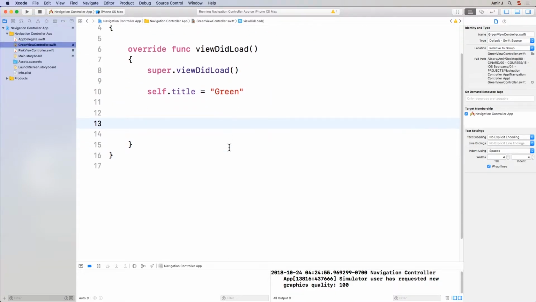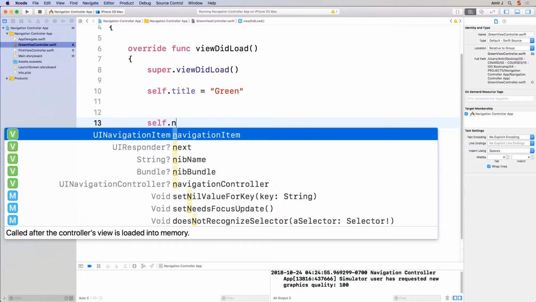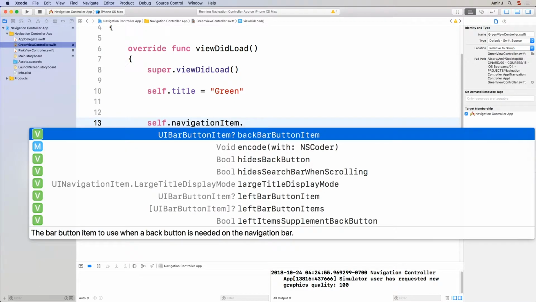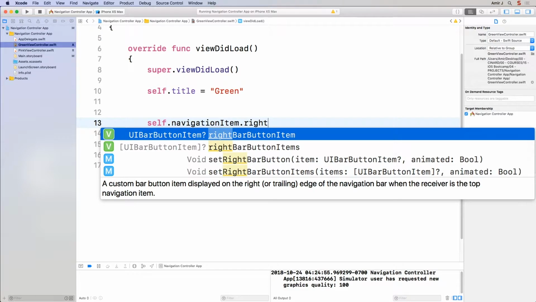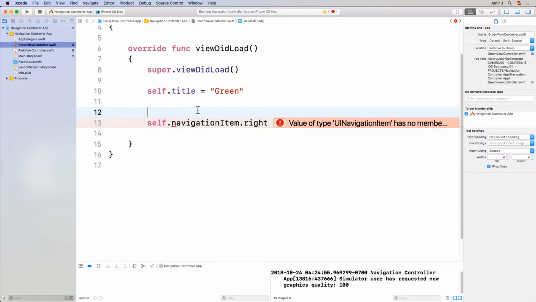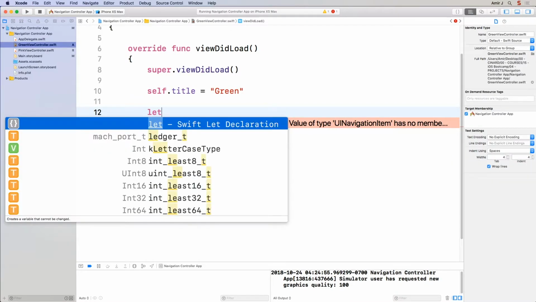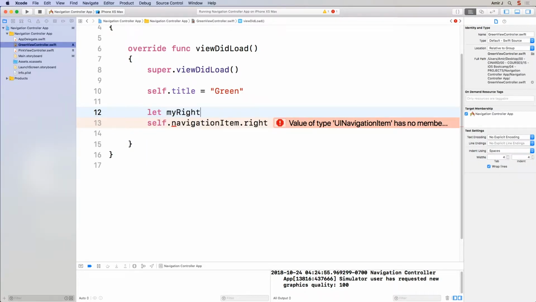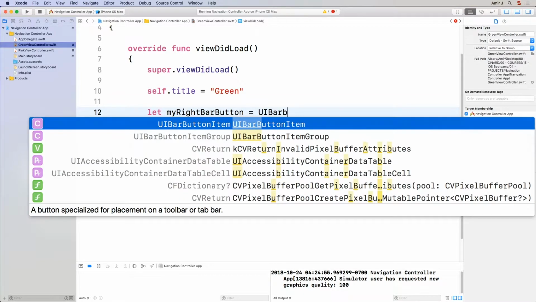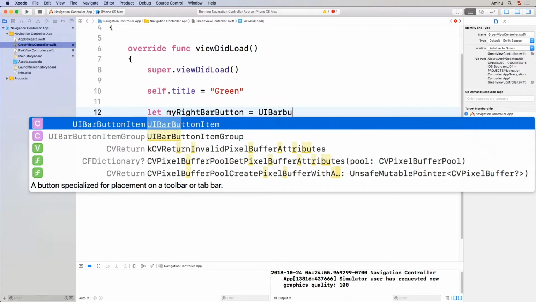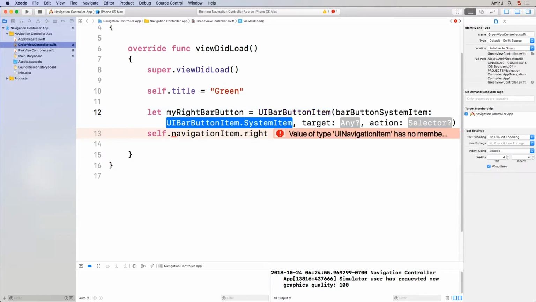I have something called self.navigationItem.rightBarButtonItem, which is asking me for a UIBarButtonItem. So let's first make that. So I'm going to say, let's call it my right bar button. It's a UIBarButtonItem. And that, I'm going to build it like this. I'm going to go ahead and say,